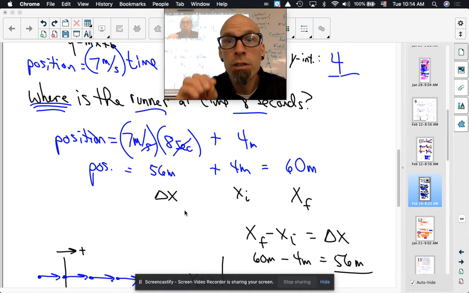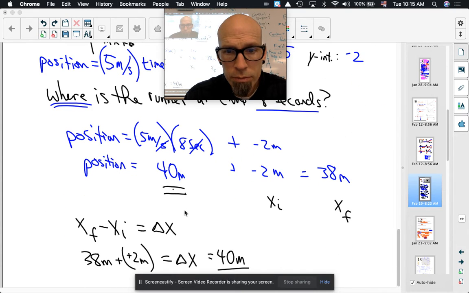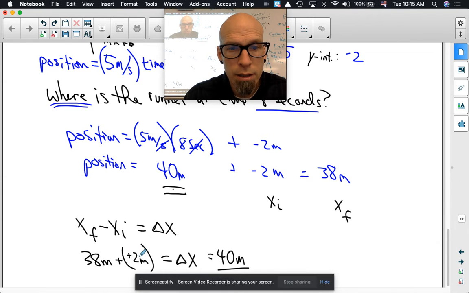So we're just putting names to each of these pieces that we've been dealing with. And then down here, the last one, same thing. This is how far the runner went. This is where the runner started, the initial position. This is where the runner ended up. 38 meters was the final position of the runner. And so if you take, again, final minus the initial,